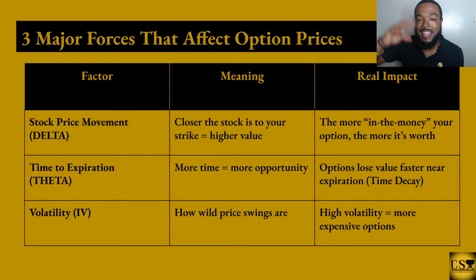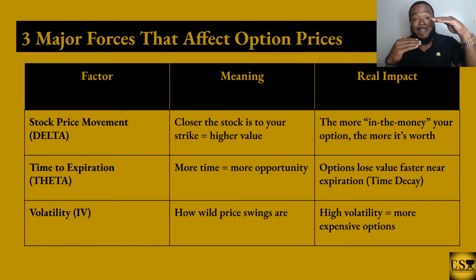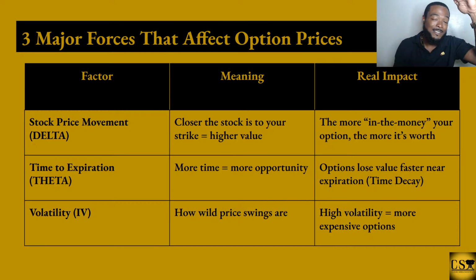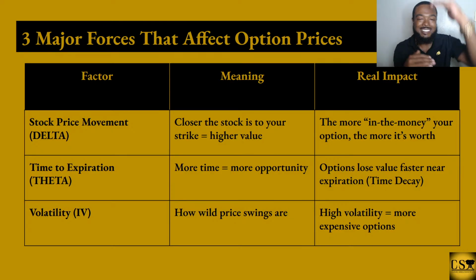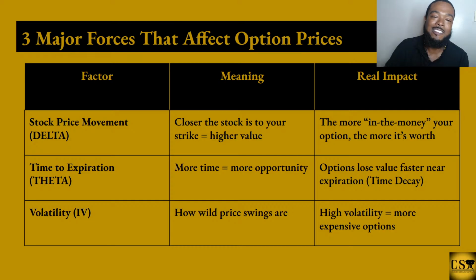So when you're trading a stock, you have to look at that stock's implied volatility to see how volatile this stock is, meaning how much this price typically goes up and down within a day. And if it's a really high implied volatility on a stock, usually the option contracts are going to be more expensive because you have a much higher chance of the contract going above your strike price and then into the money even faster than any other stock, because this stock moves up and down in price very quickly. So those contracts tend to be expensive, but you can lose your money on those the fastest as well.